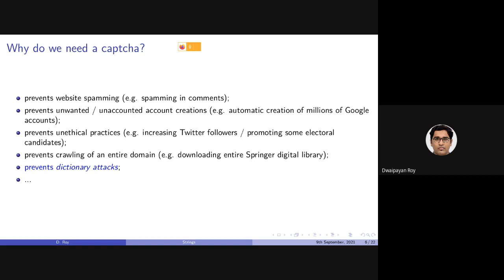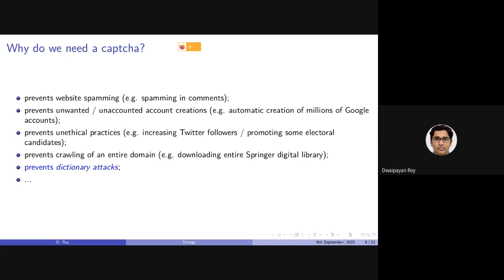So basically, the Google server will prevent you from trying the next combination, because after 3 unsuccessful attempts, the Google server can infer that you